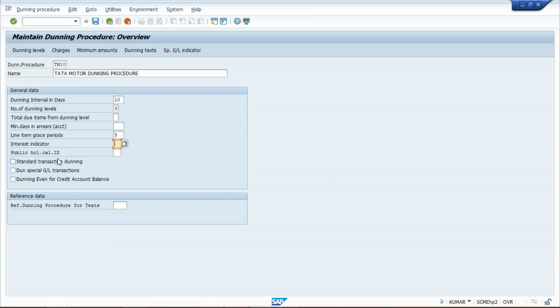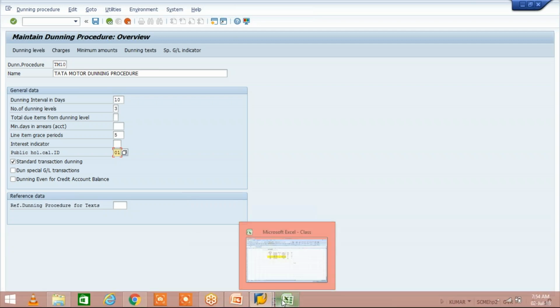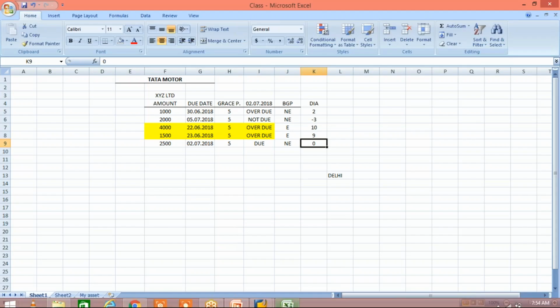And then we have to apply a check mark here. Public holiday calendar. Public holiday calendar is required. Let's suppose I've given standard holiday calendar. So this calendar will be defined by your HR consultant for this organization. So what is the use of these calendars? Let's suppose we said grace period 5 days. So if 5 days means